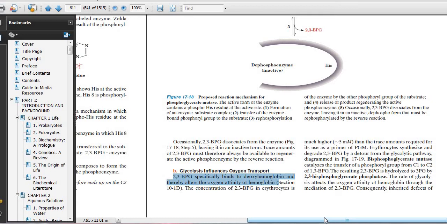Okay, so that means you have hemoglobin and you have two components, one is the oxygen, another is the 2,3 BPG. So it is a concentration dependent process. If the concentration of 2,3 BPG rises, then 2,3 BPG rapidly binds to the hemoglobin molecule, and as a result hemoglobin will not be able to carry oxygen. And if you have a significant concentration of oxygen, in that case hemoglobin can carry oxygen, not the 2,3